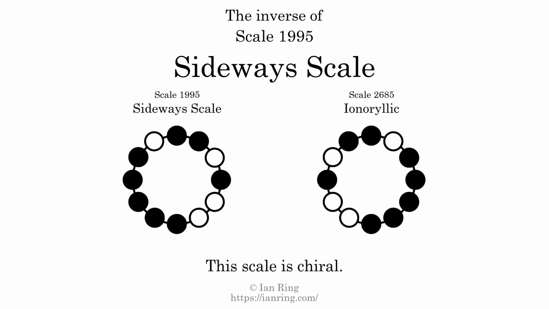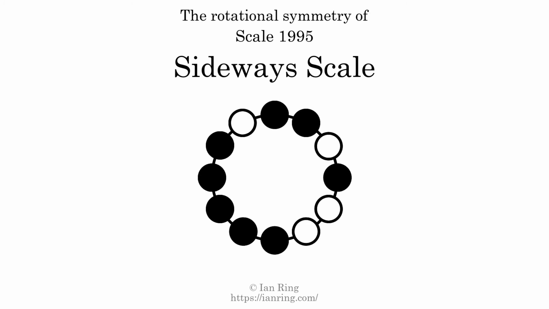The inverse of a scale is a mirror image. It is what you get when the sequence of intervals is reversed. The inverse of this scale is scale 2685, also known as Arnaurillic. This scale is chiral. It cannot transform into its inverse by rotational transformation. This scale has no rotational symmetry. For even more detail about this scale, visit